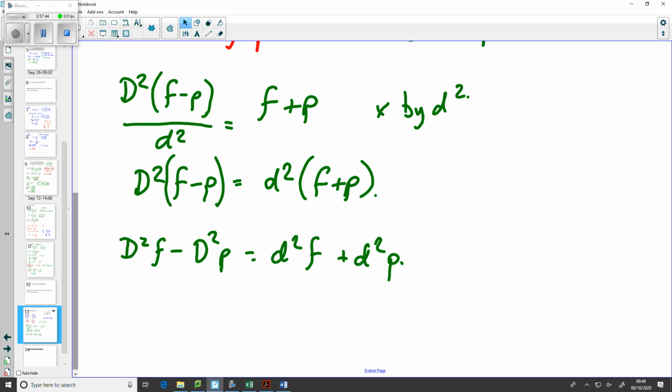What we want is to get this and this, the two terms with little p in it, together. Yeah, that's negative this side, so let's not make it. So if we add big D squared p to both sides,